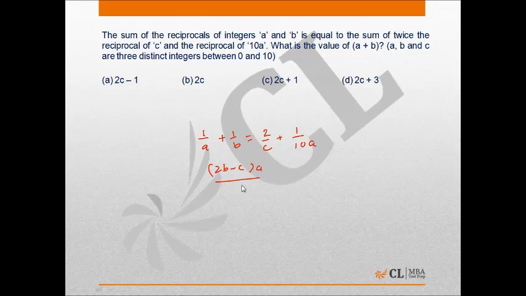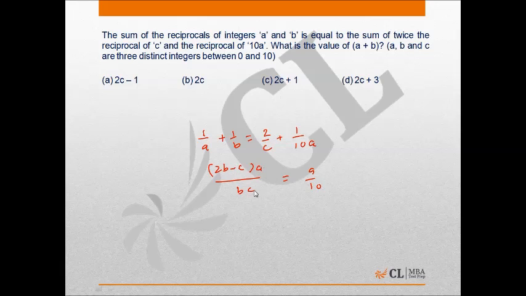into a upon bc equals 9 by 10. It is also given that a, b and c are three distinct integers between 0 and 10. It means a, b and c can assume any value from 1 to 9. So from here